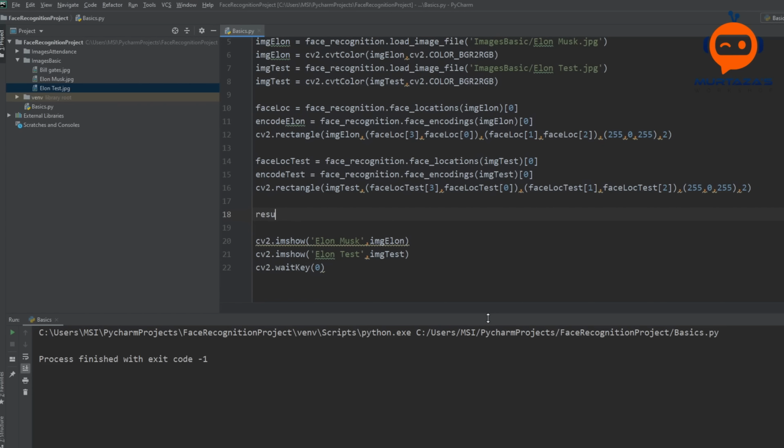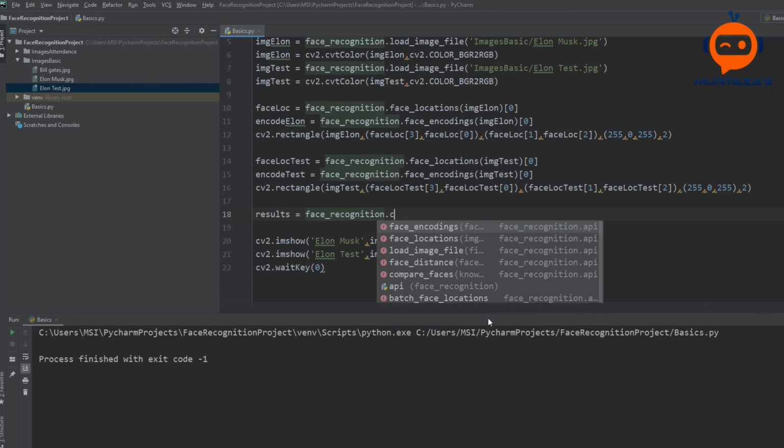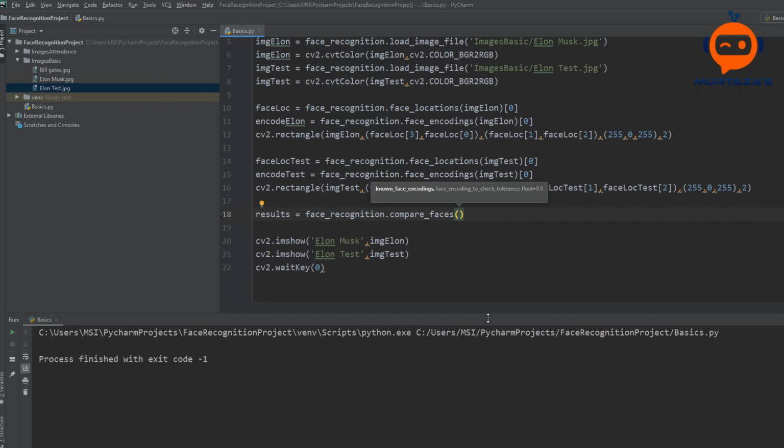So let's write it down. We will say that results is equal to face_recognition.compare_faces, and we have to give in a list. So we don't have a list at this point, this is the list of the known faces. So right now we have only one face, which is Elon, so we are going to use that.